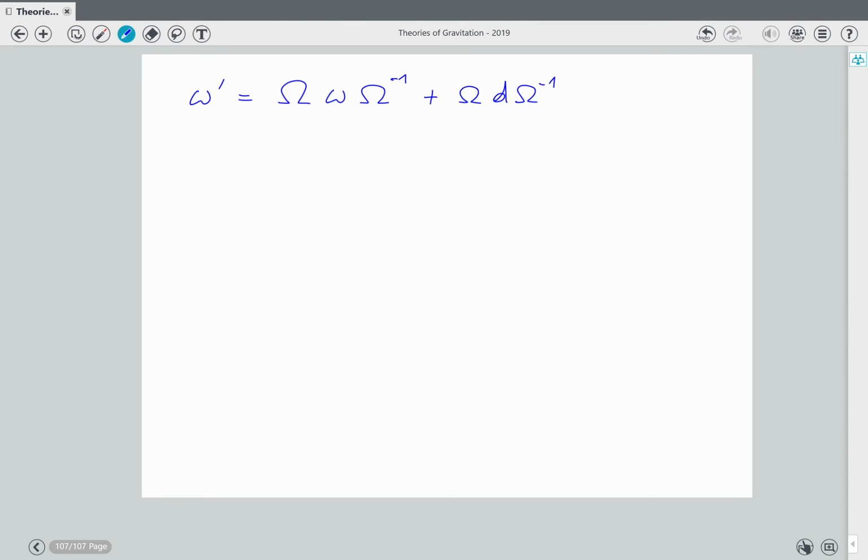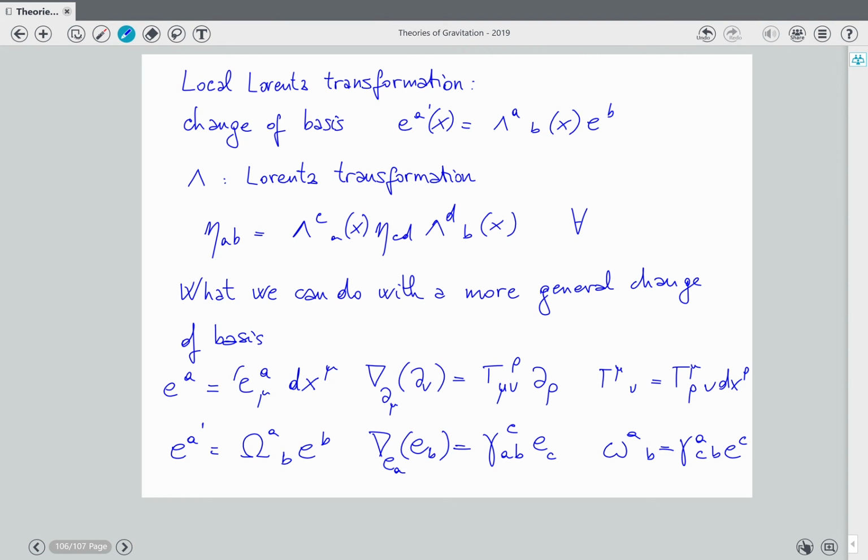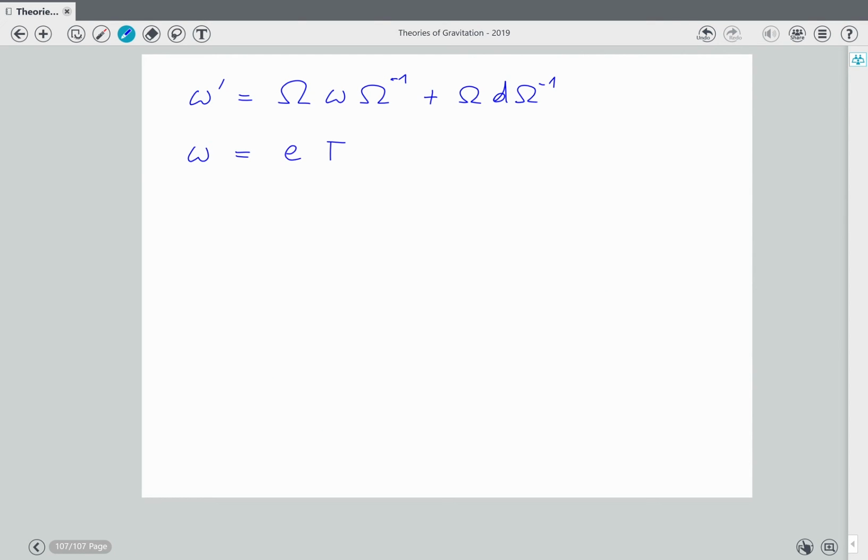So we just replace. Here we find the spin connection. Here we find the Christoffel symbol, and omega is the feedback. So now we arrange the indices. This is a little bit too fast, but when we write the first one with the indices, it's easier. So here it is omega AB,